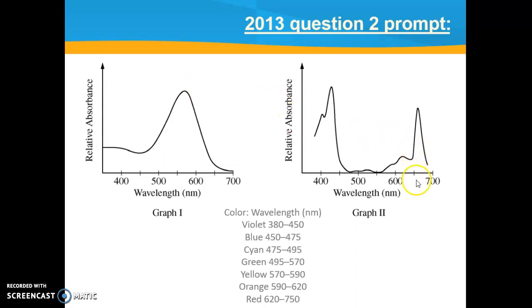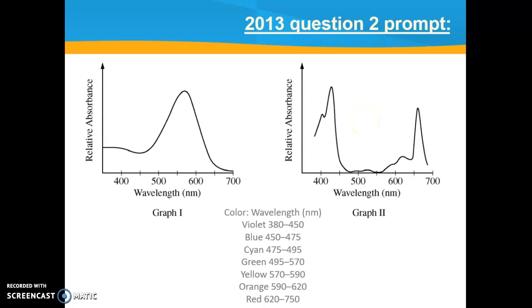Over here, we see that the yellowish and greenish is not being absorbed, it's being reflected, and it's coming back to your eyes, and you would see that as being green. Which pigment appears green? Chlorophyll does. So based on these graphs, that's how we would figure out which pigment is which, based on what is absorbed